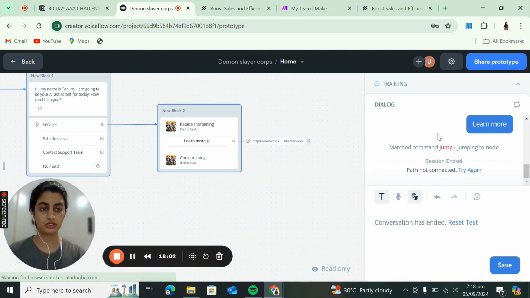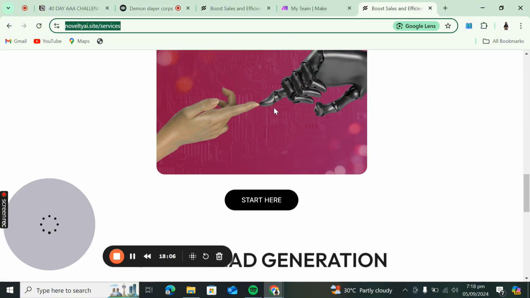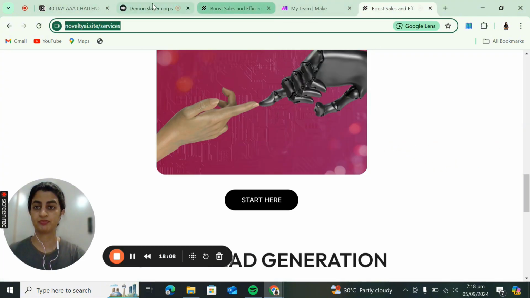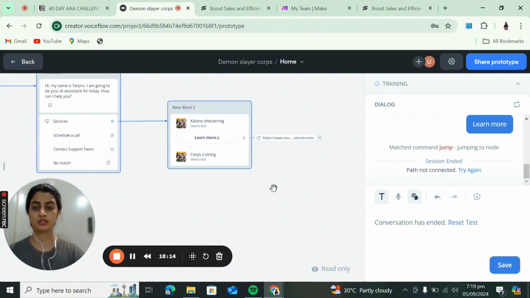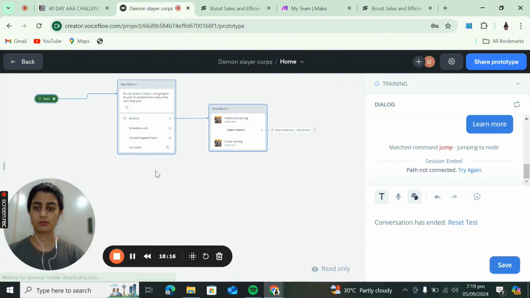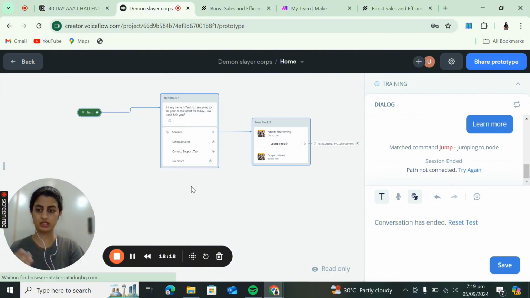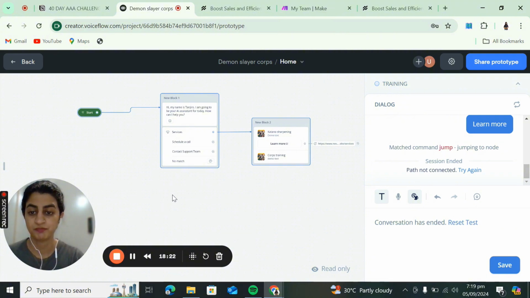So now you can see that when I tapped learn more and the website was opened, after that the path is not connected. So we will want to connect this path to another follow-up question and see if the person wants to know anything more, because if you just end it abruptly over here, it's not a nice thing, right? So let's add